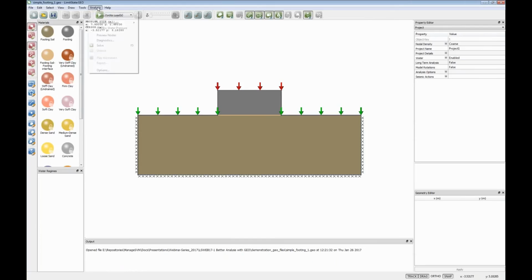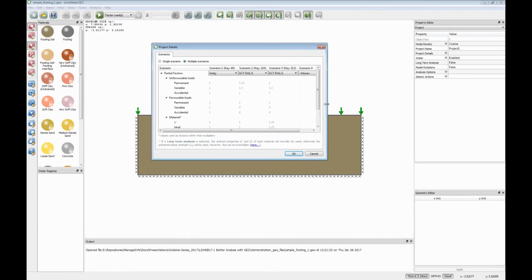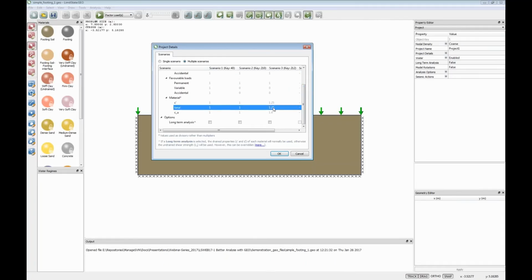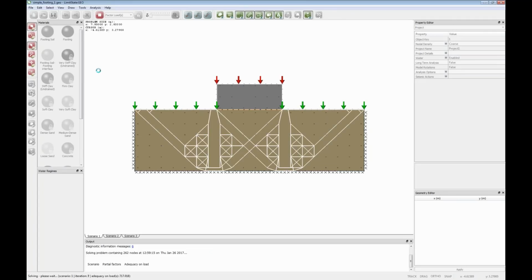Now, the other thing I want to just show here, we looked at Scenario Manager briefly before. We can set multiple scenarios up. So here I've got 3 scenarios up. I'm asking the software to solve a problem with no partial factors applied, just to get a feel for what happens there. To then apply the Eurocode 7 Design Approach 1 Combination 1 factors. So those are primarily factoring up the loads before the analysis is undertaken, and the Design Approach 1 Combination 2 factors, which are primarily factoring down the strengths before the calculation. So it will do all 3 at once. So if I click Solve, it'll run through all 3 of those,